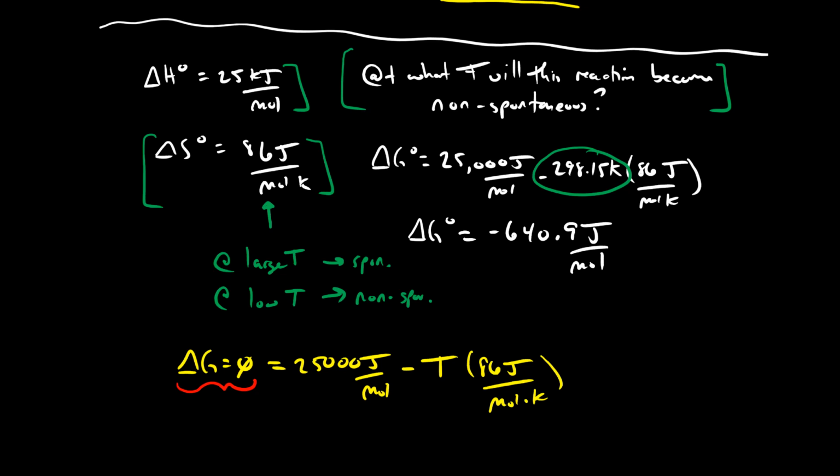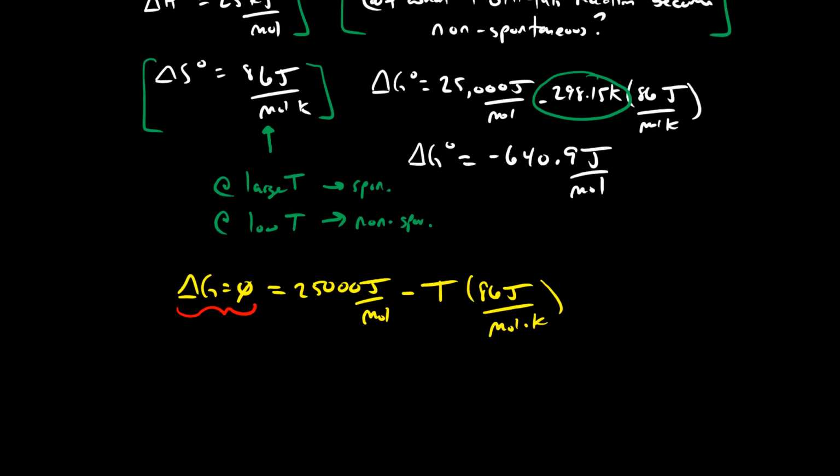And once we arrive at that conclusion, then now it's just a matter of plugging our values into our equation. Okay, so when we do this, we can solve for T, right? So this is going to end up being negative 25,000 joules per mole equals negative T times 86 joules per mole Kelvin. And we can solve for our temperature,